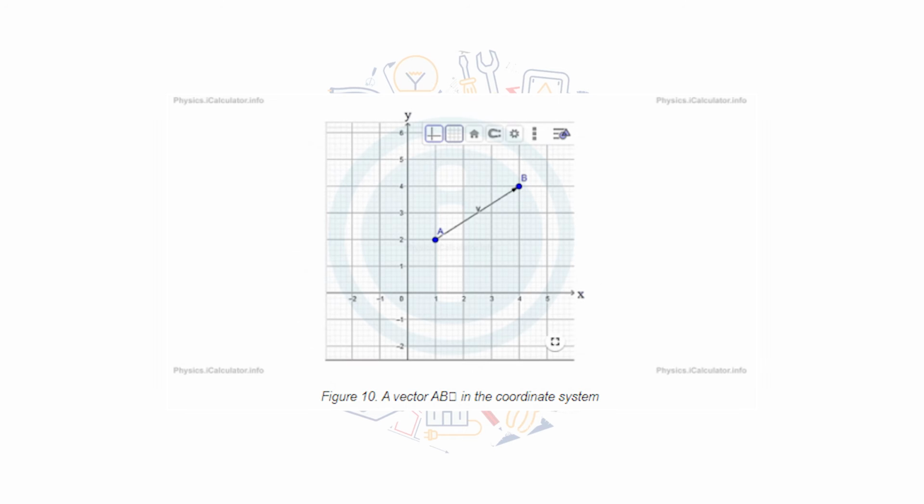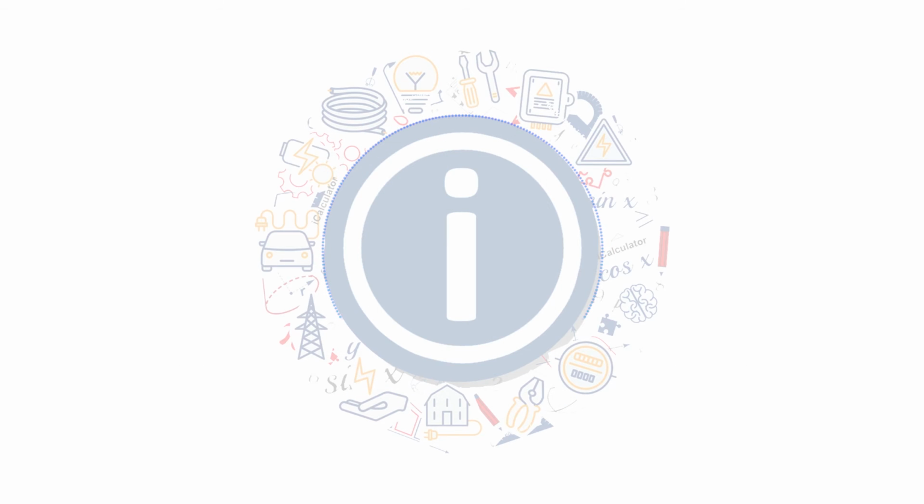In this example, we have x tail equals x_A equals 1 unit. X tip equals x_B equals 4 units. Y tail equals y_A equals 2 units. Y tip equals y_B equals 4 units. Hence,